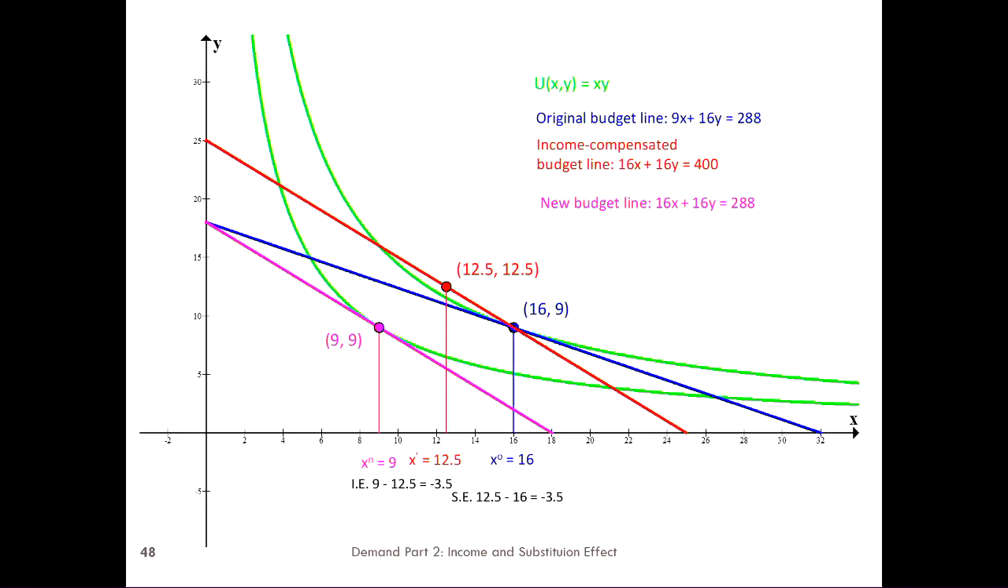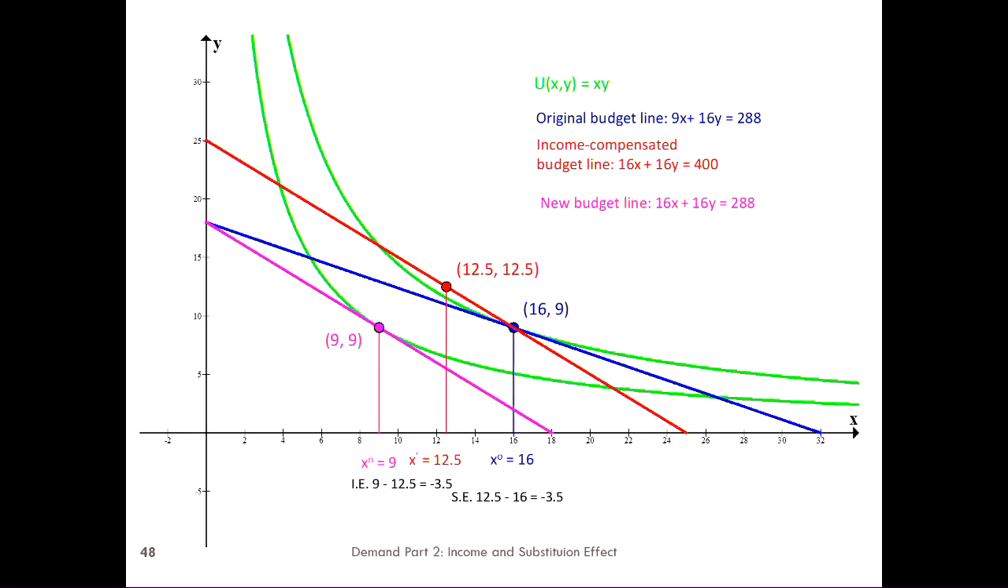But as I pointed out, that's not what they're going to choose on that hypothetical budget line. They could do better, and we saw that if they had a nominal income of $400 and had to pay the new prices, they would actually choose the bundle with 12 and a half. All right, so let's break this into the substitution and income effect. We know demand goes down by 7, from 16 to 9, but the decrease in demand from 16 to 12.5